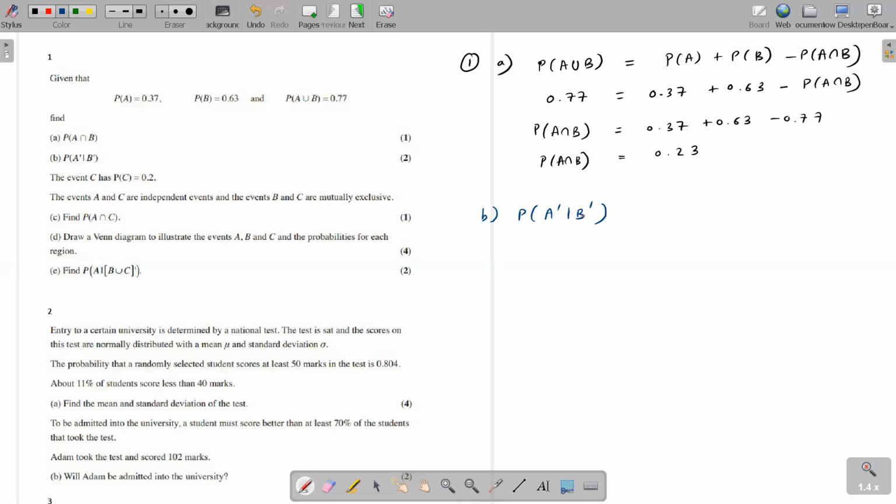So first of all, this is conditional probability and you have to open the bracket. How do you open the conditional probability? We have a rule, a method of opening it, right? So what's the method of opening? A dash intersection B dash over probability of the given one, B dash. The given one is the B dash. You have to remember the rules. You really need to remember the rules.